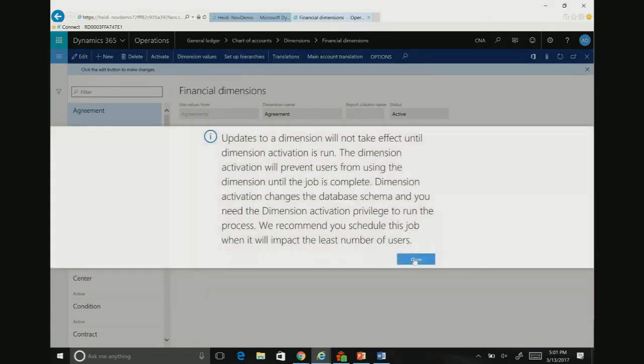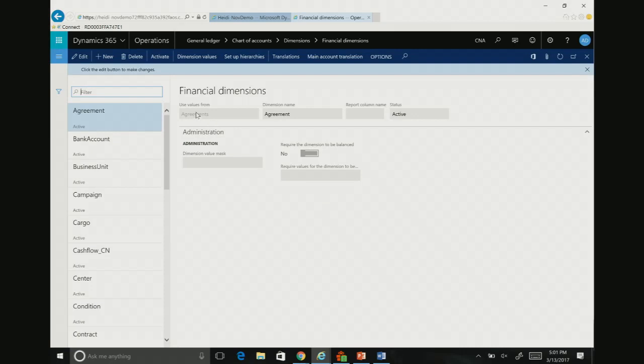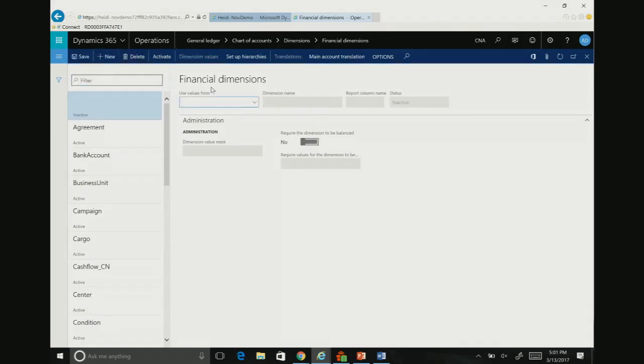And we have a message that we need to run dimension activation. So that's new in Dynamics 365 for operations, and that's what makes the dimension available for use. It's just a warning message. But I'm just going to go ahead and create the first one. In fact, I'm going to add an additional one besides vendor and cost center to show the